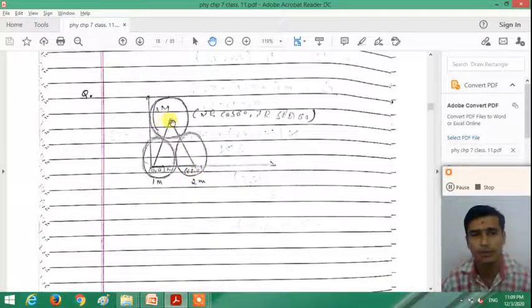Similarly, the center of the third sphere is at this point, right? So the mass of the third sphere m3 is capital M, and for the coordinates of the third sphere we take the x coordinate as 2r cos 60 and the y coordinate as 2r sin 60. Put the value of cos 60 as 1 by 2 and the value of sin 60 as root 3 by 2. We get the third r3, right? And put in the formula of the center of mass R_CM and calculate the center of mass, right? Understand, dear student? So this example you also have to solve by yourself.